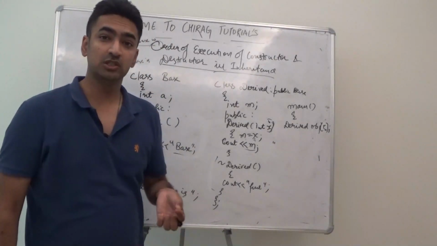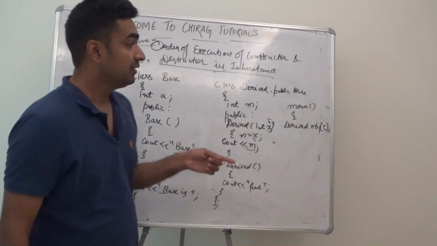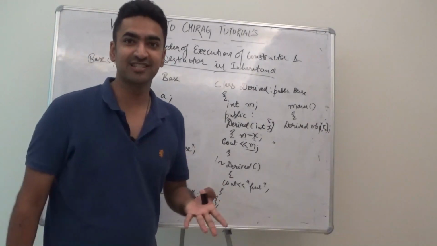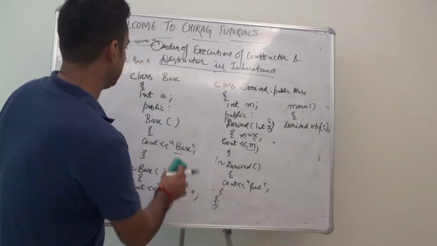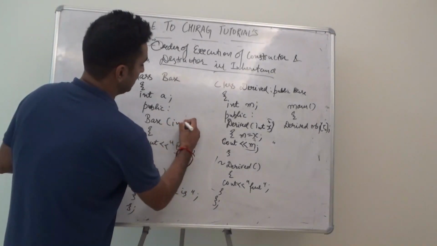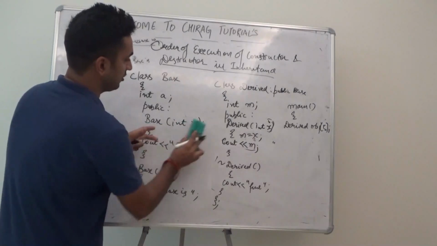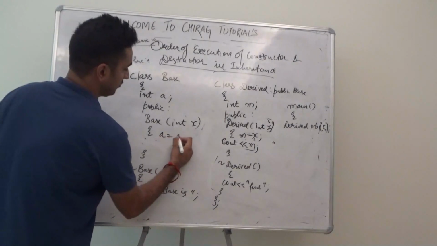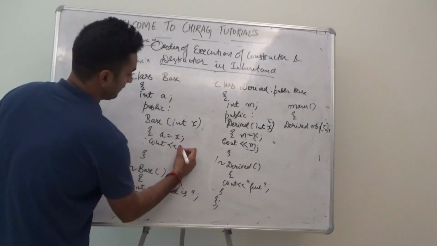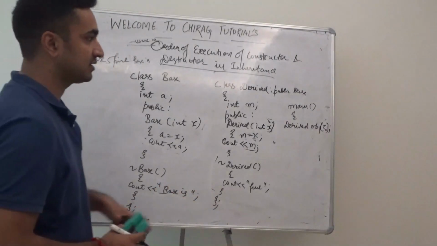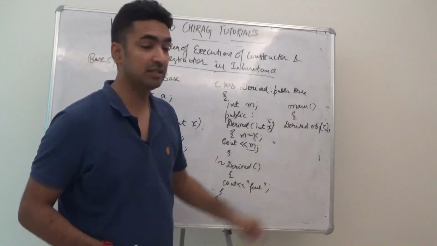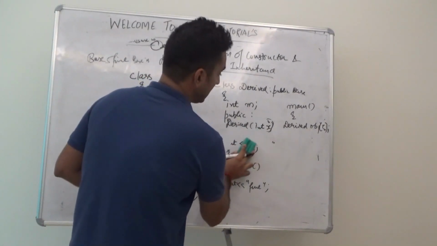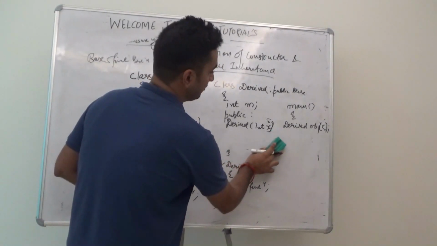There are many scenarios in which this question can be a variant, where an object of the derived class gets created and the parameterized constructor is present in the base class. Let's say we have a parameterized constructor in the base class, where we have a value equal to x and cout a, and the derived class also has a constructor and we have written derived obj 5. So guys, if I have to call the base class parameterized constructor, what I have to do is